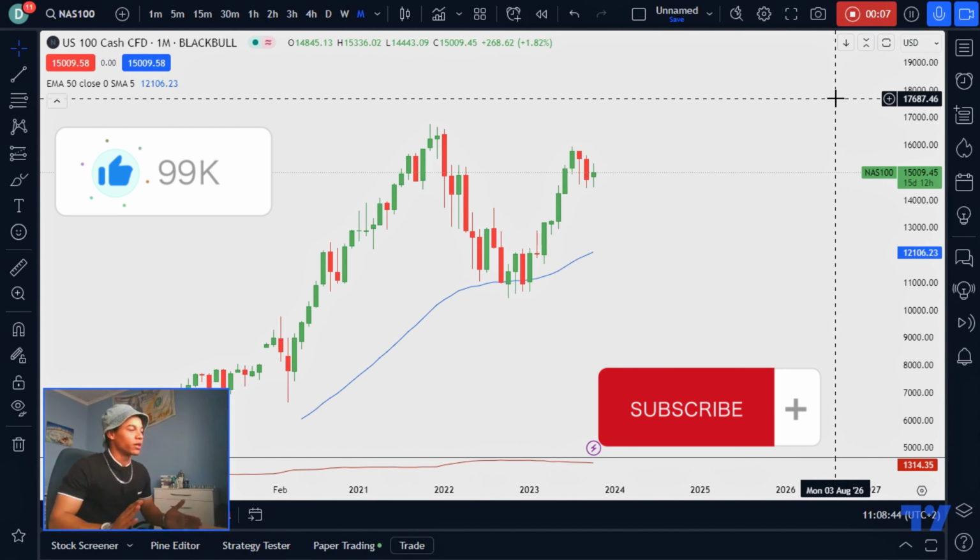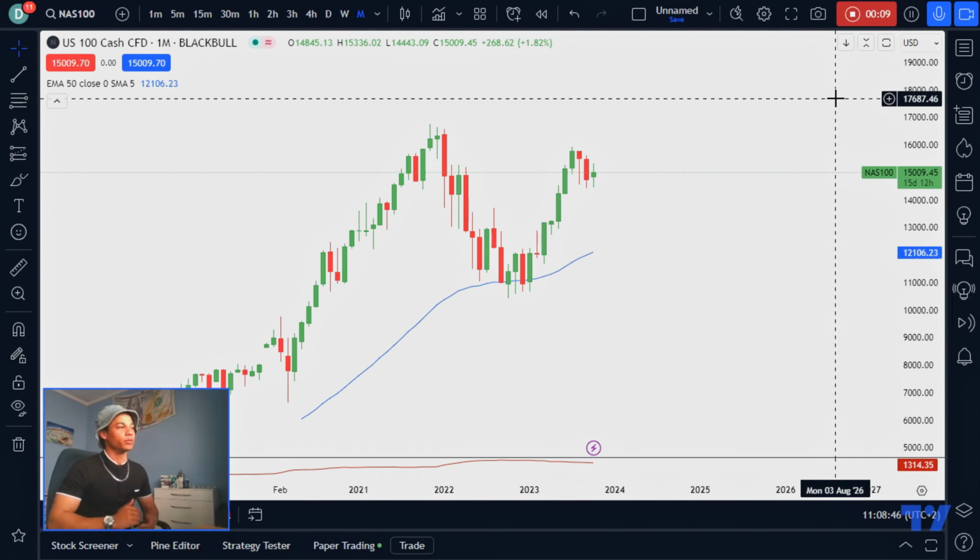Today I'll be showing you guys one of my favorite pairs to trade. I'll be showing you how I set up my trades, whether it be swing trading or price action trading. But today I'll be showing you just how I draw up my zones and how I make use of those zones. I don't draw up many levels, but I do make use of support and resistance